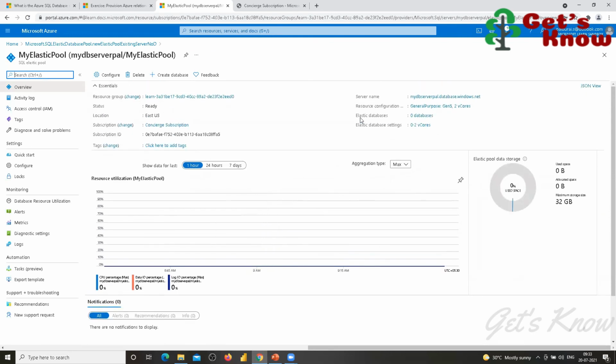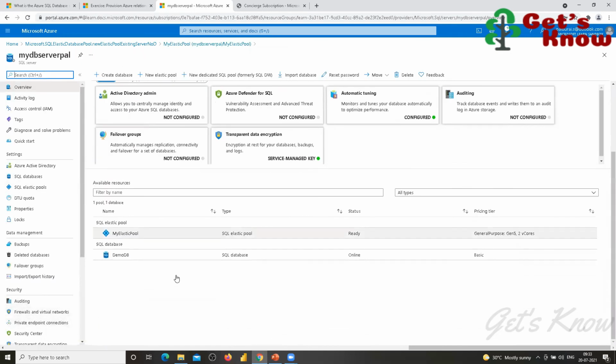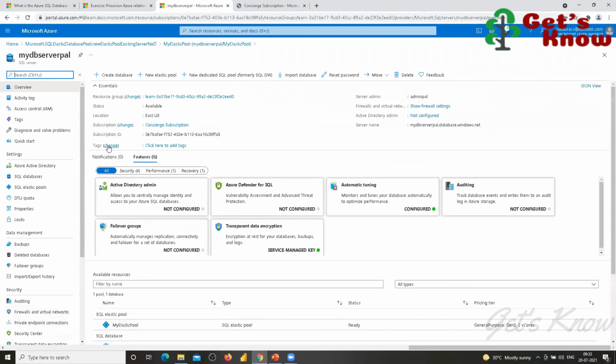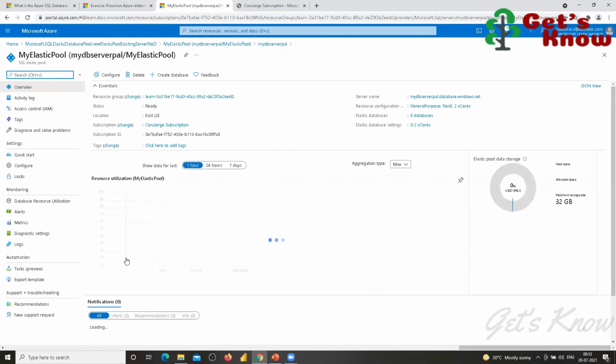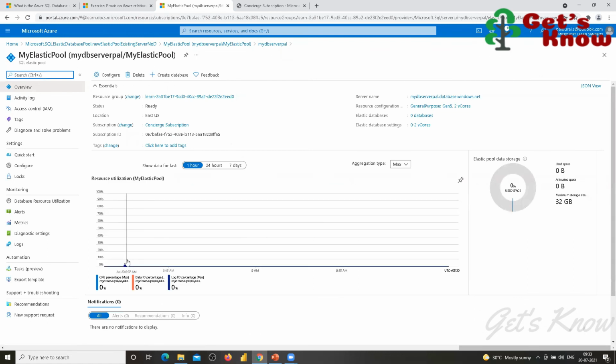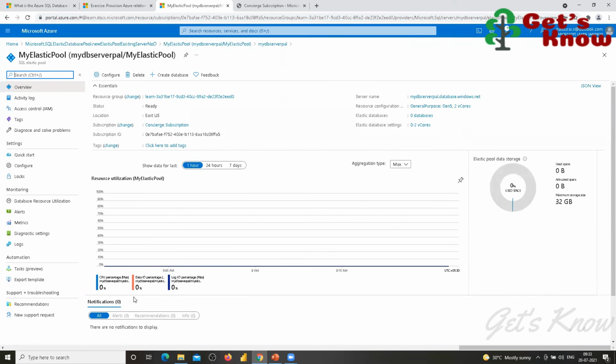So now I'm coming back to this. See, this is our database details on the server. This is my database, and this is my elastic pool. What I have to do is add that database to this elastic pool.